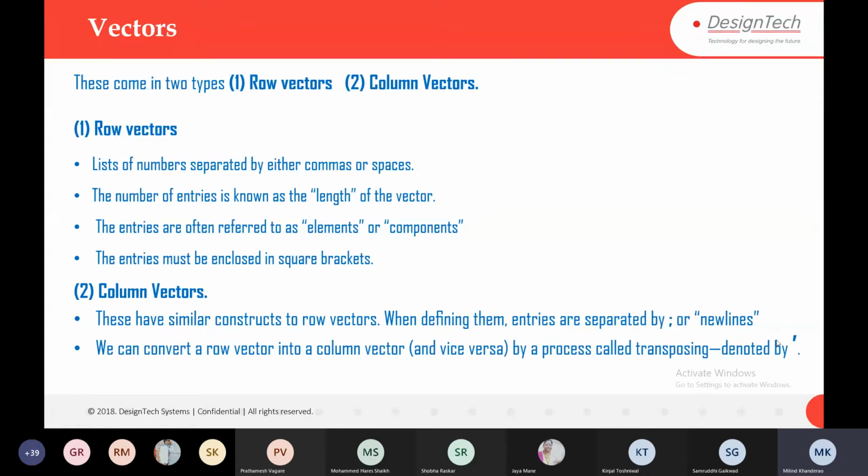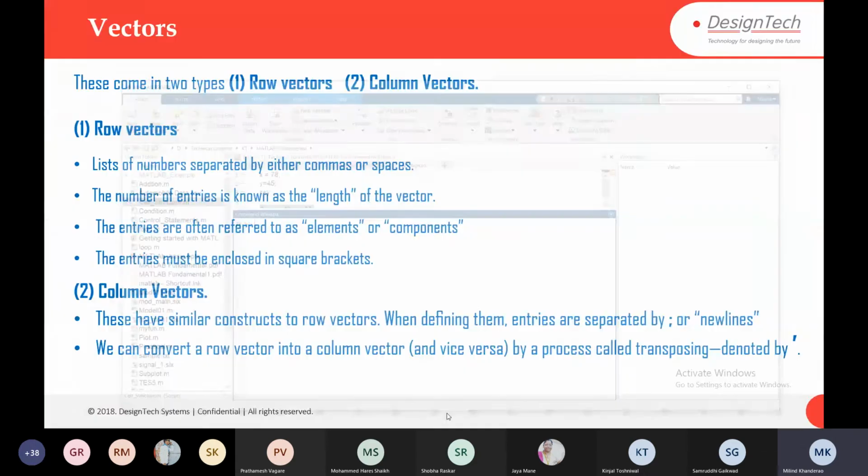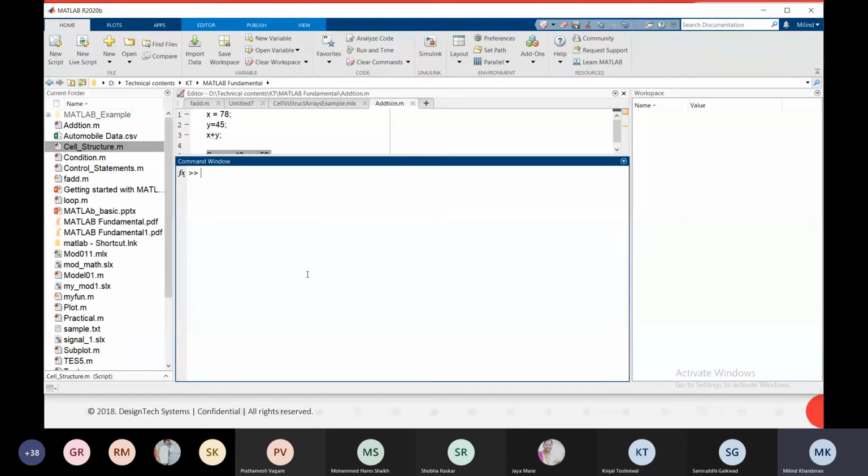And for transposing, we will use this mark. Let's see. x equals square bracket, elements separated by spaces and commas.